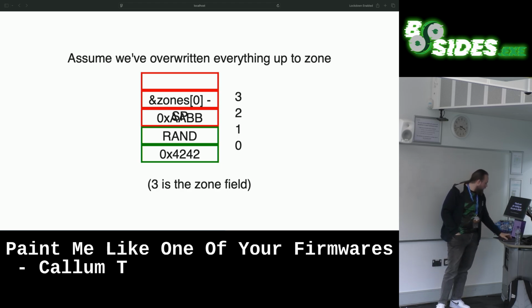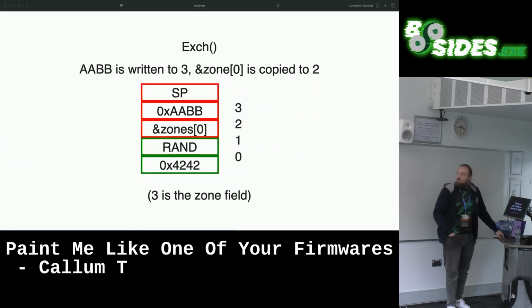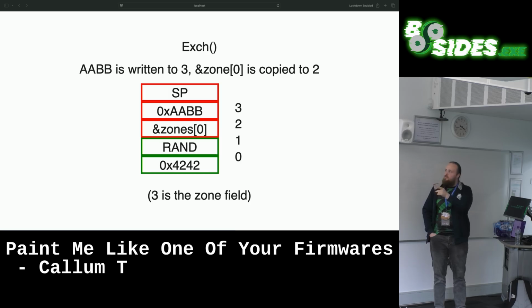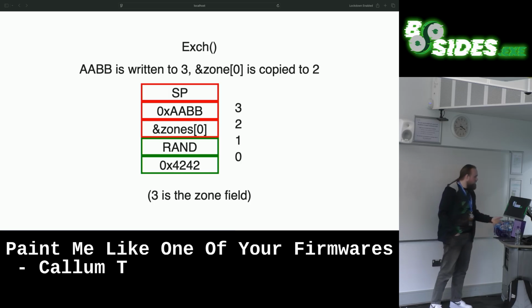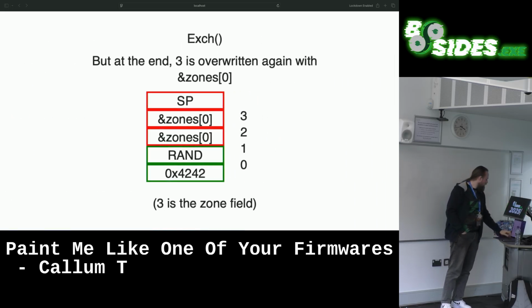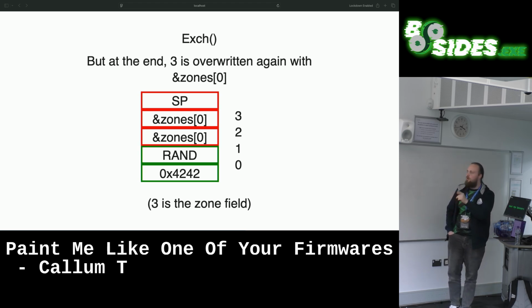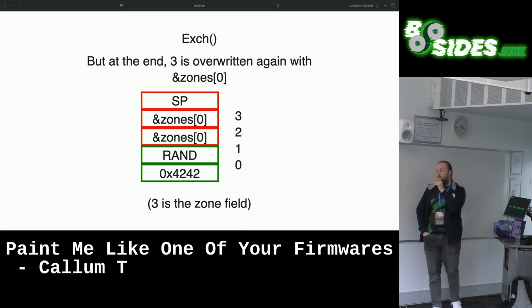If we, at this point, do an exchange operation, that zones field will get moved down and overwrite the previous random value we pushed, and then our controlled value will go into the zones field. But because it does this overwriting thing every time we perform an operation, it will actually get set to zones again, which means we have two copies of this controlled, of this known